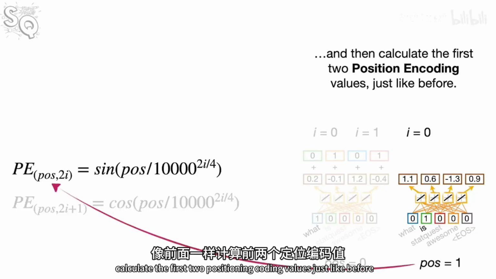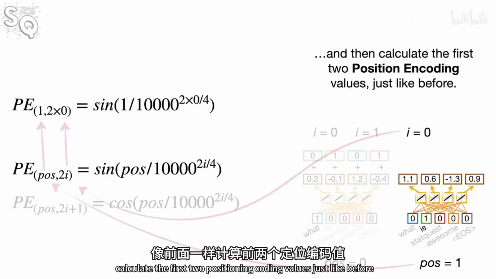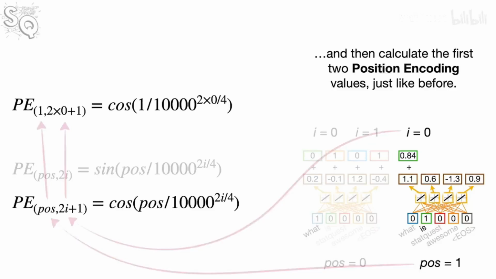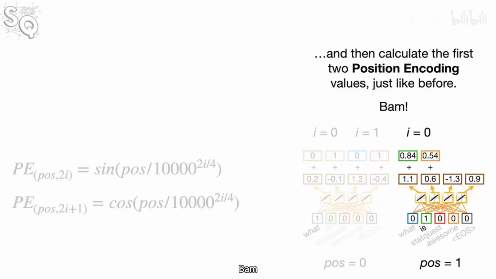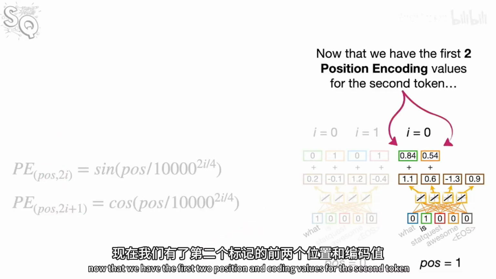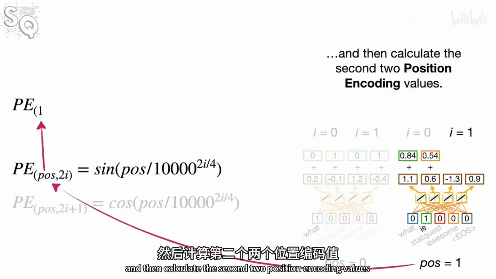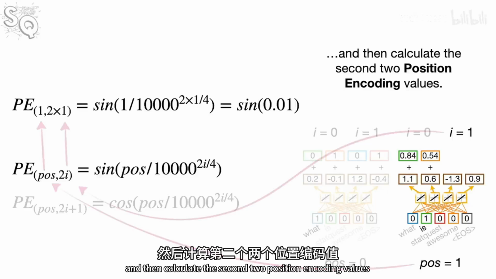And then calculate the first 2 position encoding values just like before. Bam! Now that we have the first 2 position encoding values for the second token, we increment i by 1,